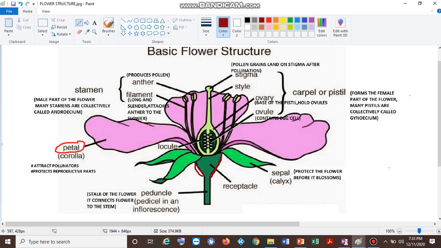And this is followed by a stalk of the flower, which is called peduncle. This is called peduncle, this part. Peduncle is that part of the flower that attaches the flower with the main stem. So if this is a stem, suppose here we have got a stem,